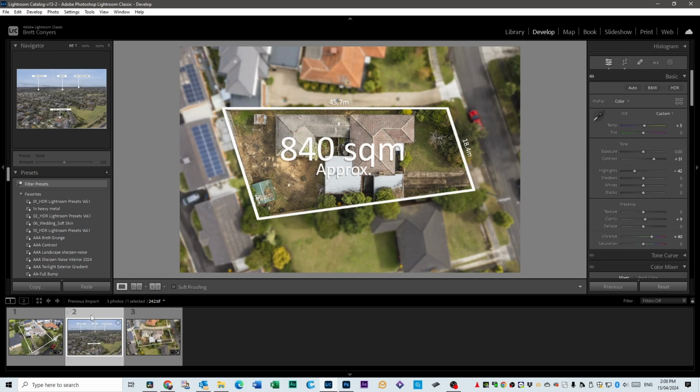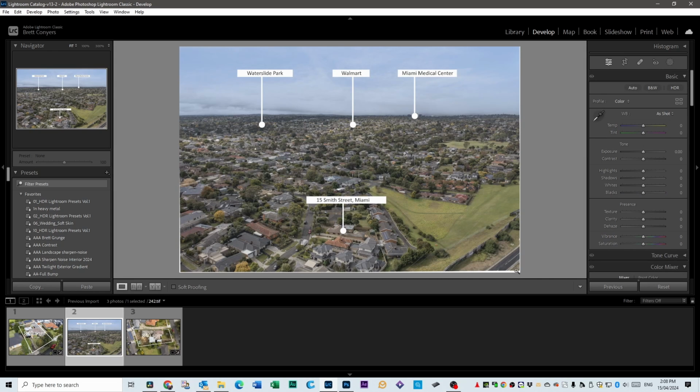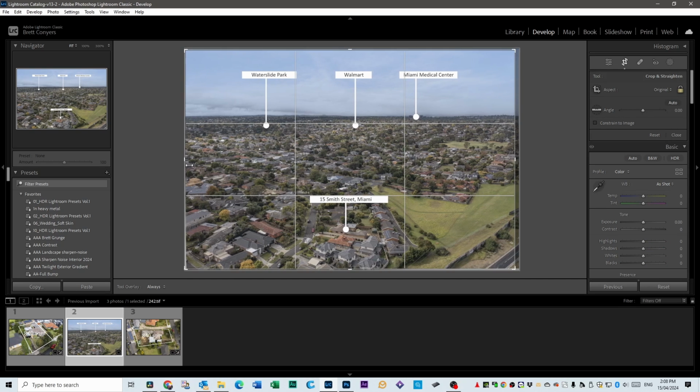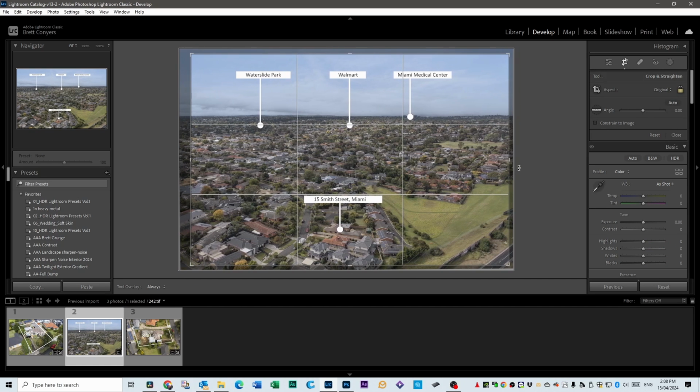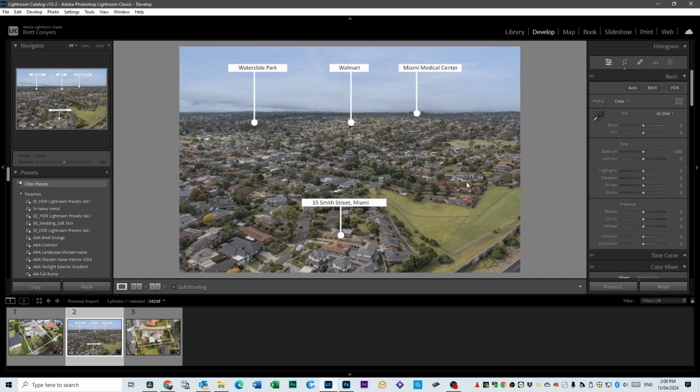And what I do for the middle one, it's got these white lines because I've straightened it, of course. We're going to bring the crop in first. And all we're going to do is just get rid of those white lines, really. And then I'm going to color correct it. So we're going to do the contrast on this one as well. Bit of clarity, not too much. And the vibrance up. And you can go as far as you want in vibrance, whatever you feel is good. I'm going to warm this up a little bit by playing with the white balance, just like that,